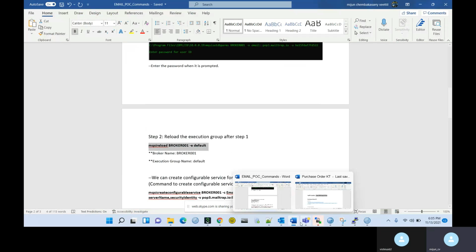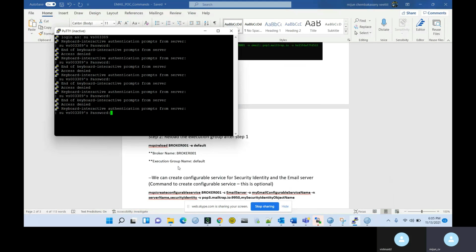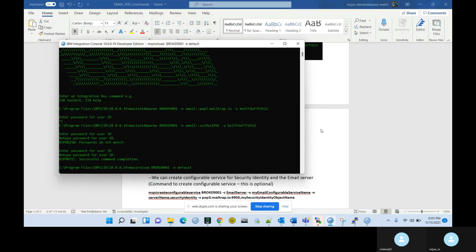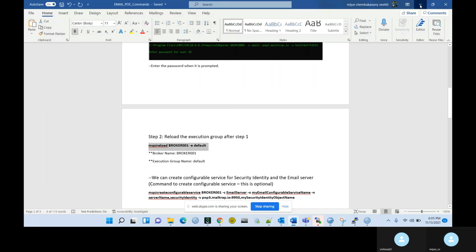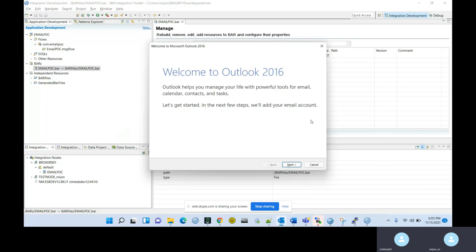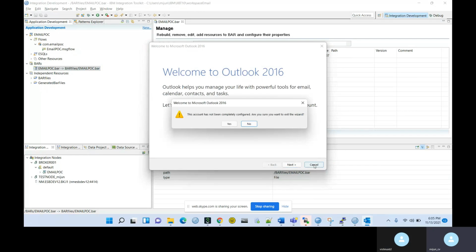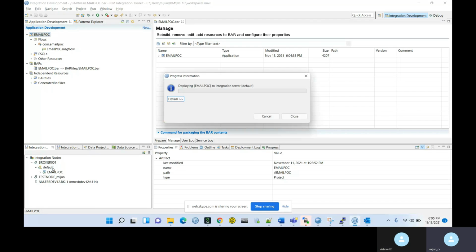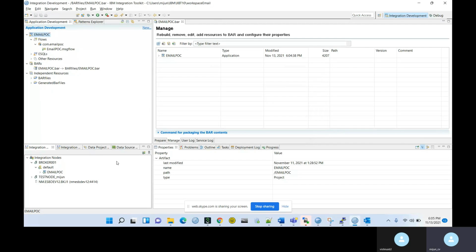Yeah. Let me redeploy it. Okay. Perfect.